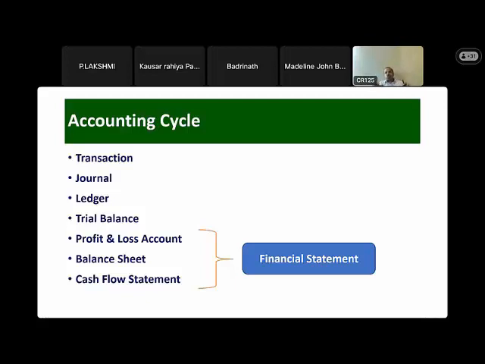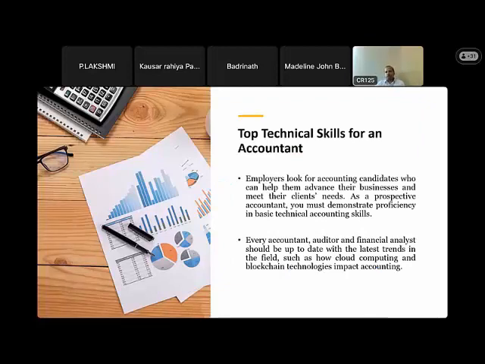But remember that if you don't know how to enter the journal, if you make the mistake of debit into credit and credit into debit, then your answer will be wrong. Your financial statement will be wrong. So that basic idea you must have, and the machine will process it faster, and you get the results quickly. That means you get your balance sheet, cash flow statement, and profit and loss account pretty quickly compared to those prepared manually. So we got a whole idea about this accounting.